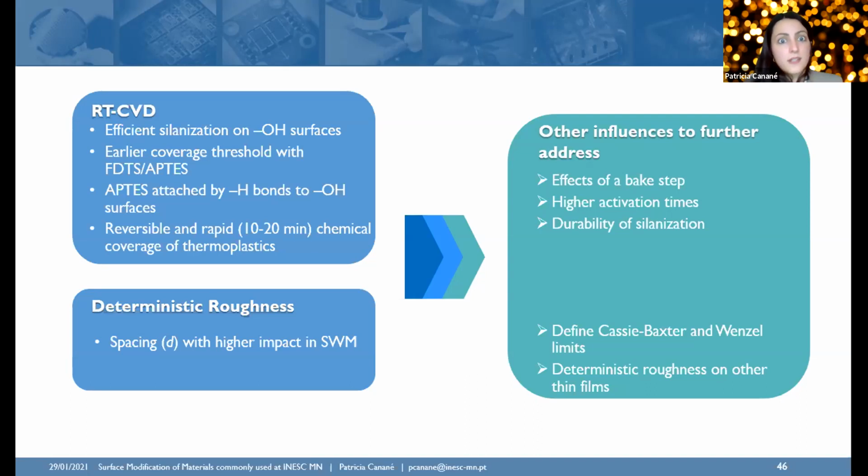Right. And the downside of that is that APTS suffers hydrolysis very quickly. Normally, it does not react as I presented here with hydrogen bonds, so it suffers some chemical alteration, and it's very difficult to control the hydrolysis, and it becomes very expensive. And normally, I think the silanization takes hours. I think 1 hour. 2 hours. Yeah. Oh, okay. Thank you. Thank you.